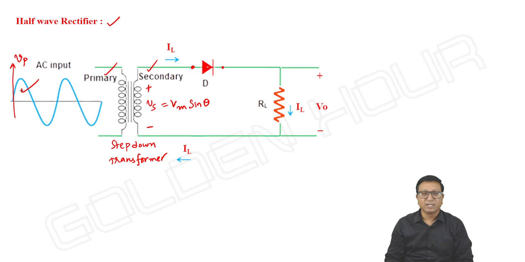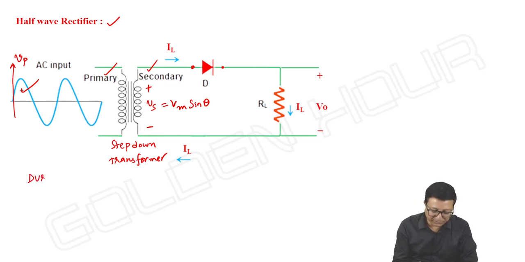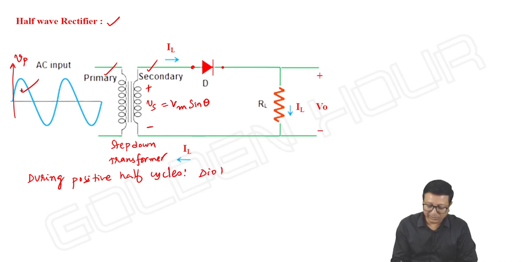Diode is on, ideally acts as short circuit, and practically it maintains some voltage drop across it, or I can replace the diode by means of some resistance RF. So during positive half cycles, diode is on,